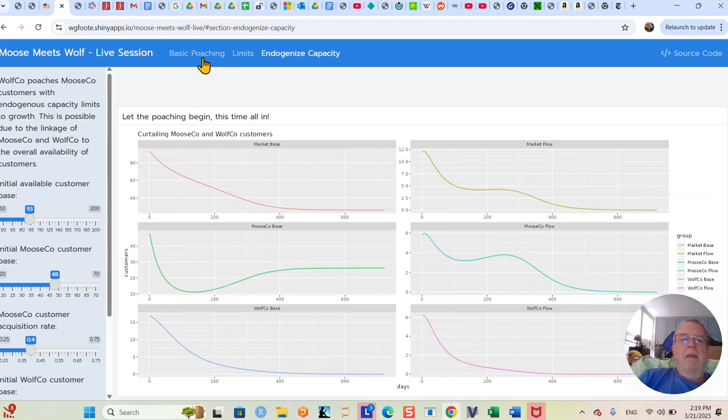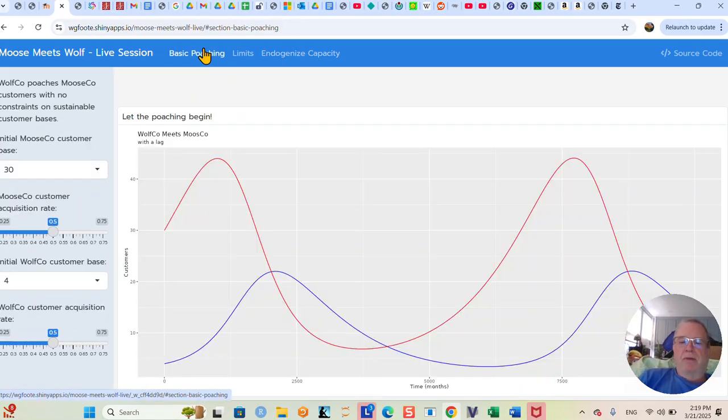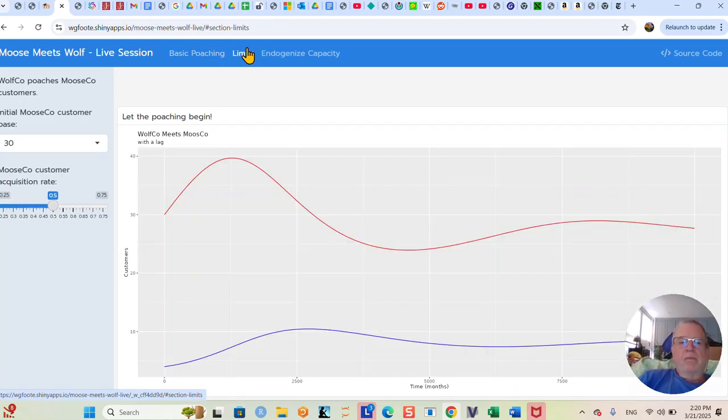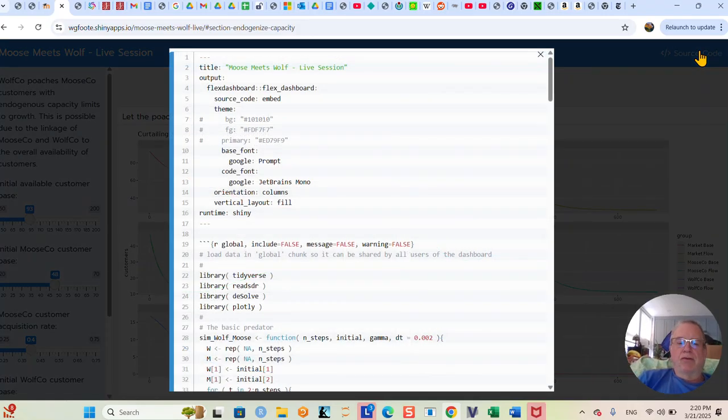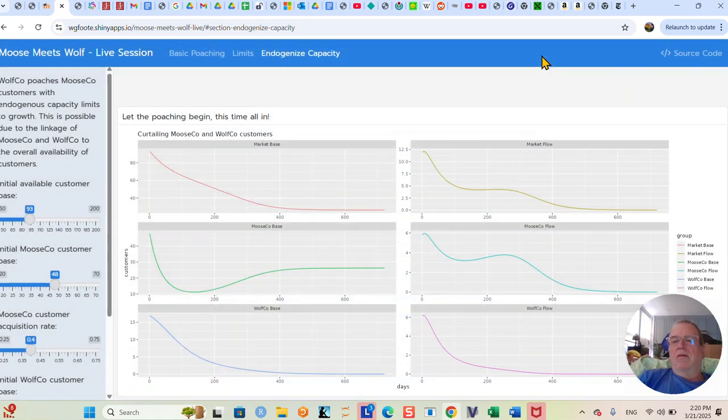But that was endogenized capacity. Here's the original model, which we can play with here. Then the limits, let the poaching begin, and then we endogenize capacity on top of that with a market base. So this one here, you have source code for it, and so on and so forth. This to me is where